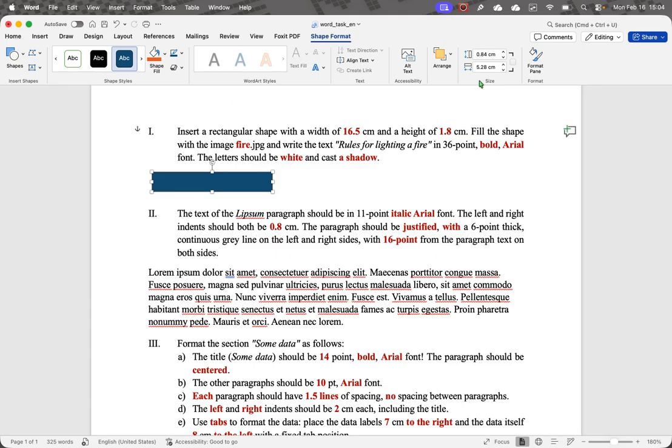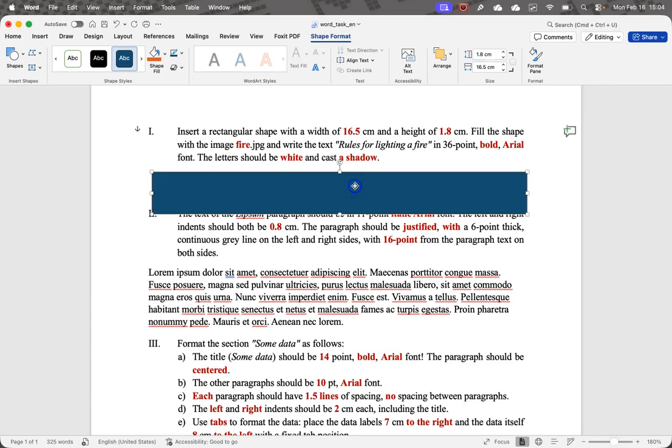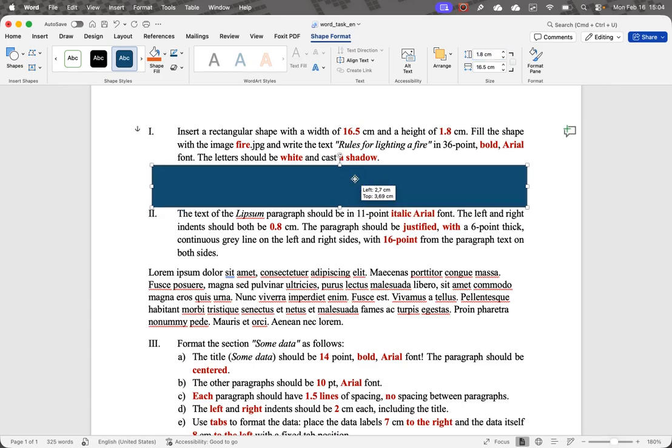Okay, so width 16.5, height 1.8. Okay, let's adjust this a bit. Okay, and also in this contextual ribbon tab called Shape Format, in the Shape Styles group of this ribbon